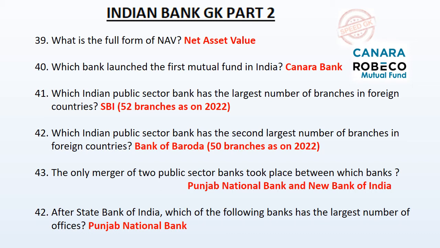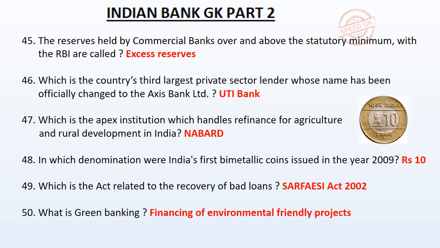The only merger of two public sector banks took place between which banks? Punjab National Bank and New Bank of India. After State Bank of India, which of the following banks has the largest number of offices? Punjab National Bank. The reserves held by commercial banks over and above the statutory minimum with the RBI are called